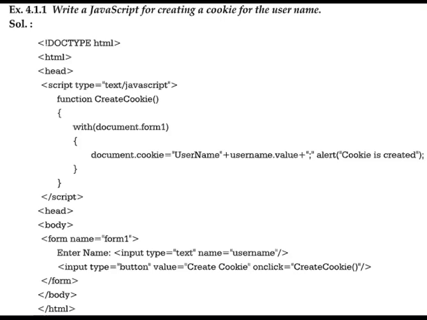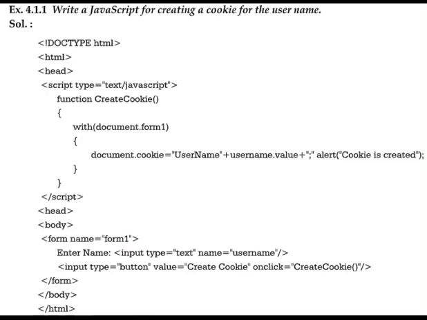Now we have to write the value of the cookie. The value of the cookie is stored inside the text box. So we'll first retrieve the name of the text box. The name of your text box is what? Username. So username dot value will give you the actual value that is entered inside the text box. Then again the plus symbol, and I told you that we have to use a delimiter. So in double quotes I have written what? Semicolon. Okay.